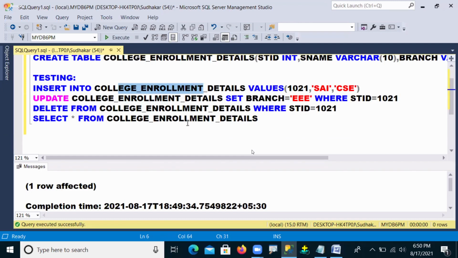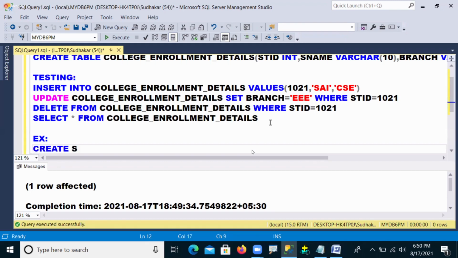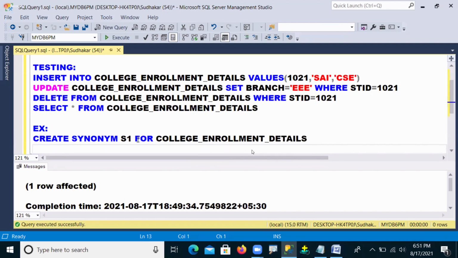To reduce this name, people create synonyms. What does synonym mean? It is another name, which is flexible for the user when writing queries, easy to remember and convenient. Now let's observe: I'm giving CREATE SYNONYM, S1, for the college enrollment details table. For this table I'm creating one shortcut name.